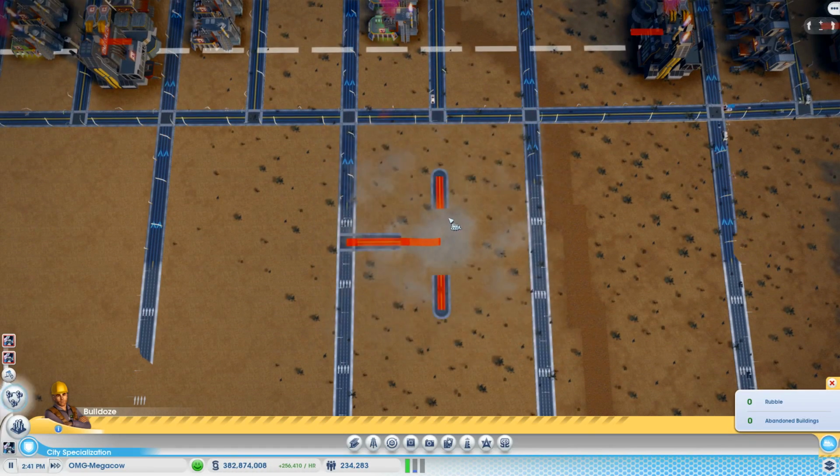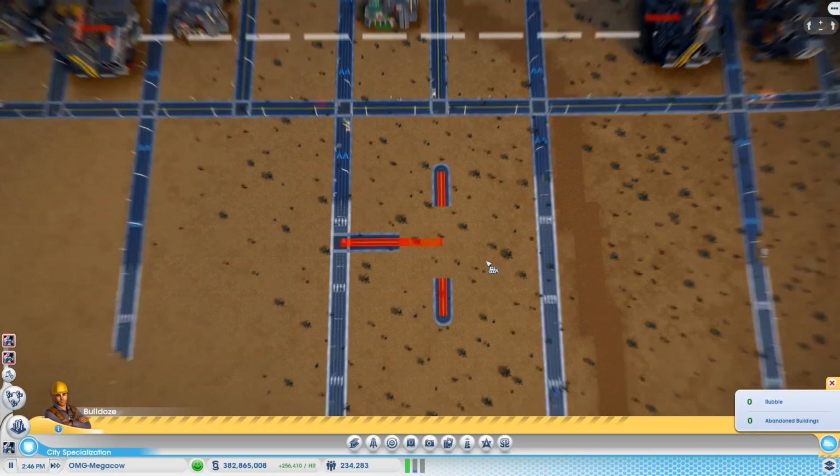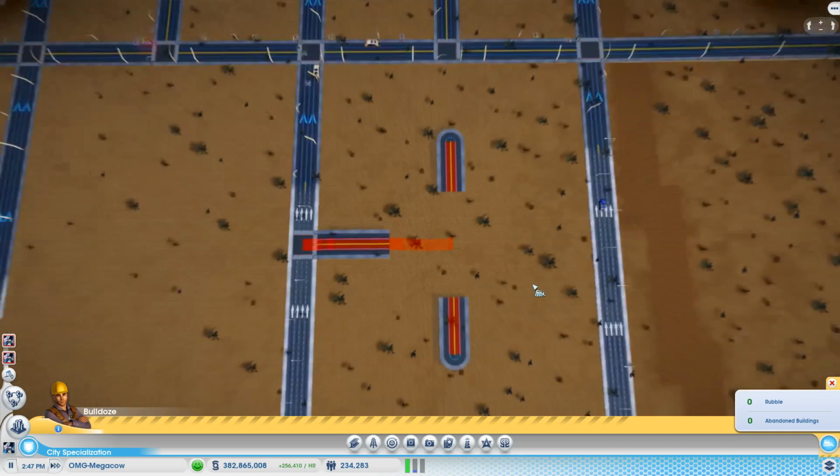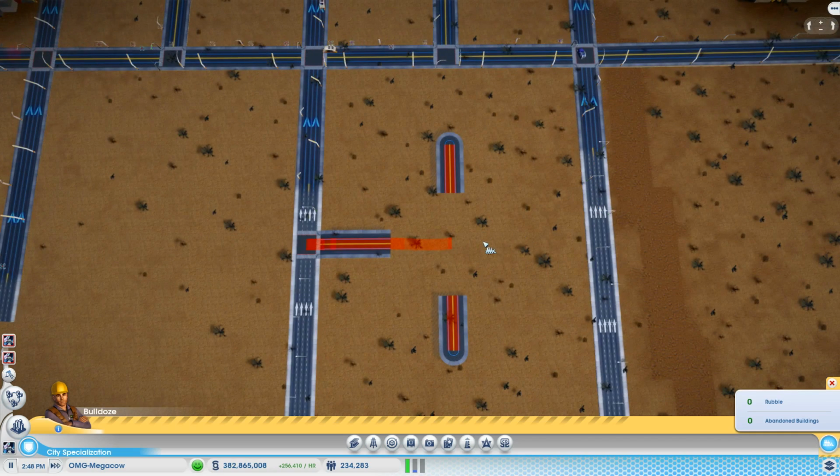Okay. Now, the thing is, this little section here is invisible. And I don't know why, to be absolutely honest. But you could still demolish it. But you kind of got to remember that it is there, and you can kind of see that. Like, see that little bit of yellow?